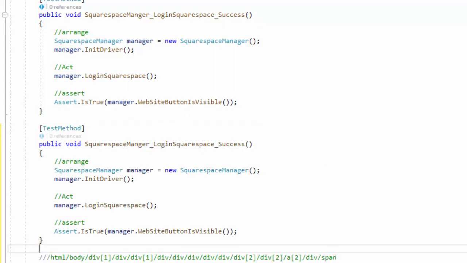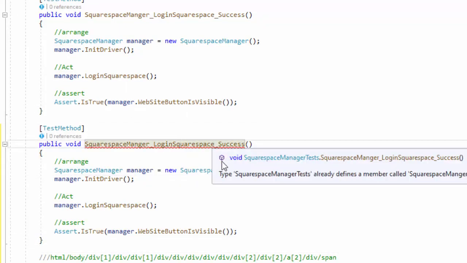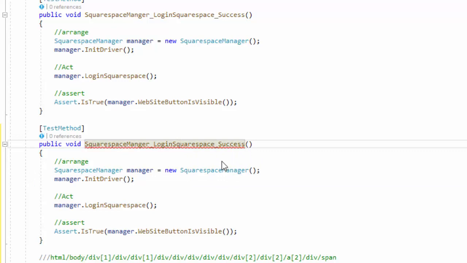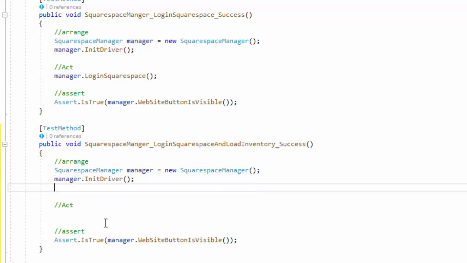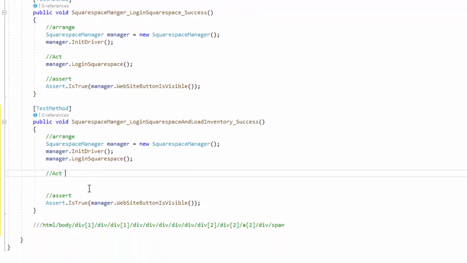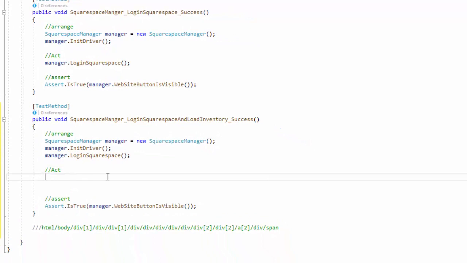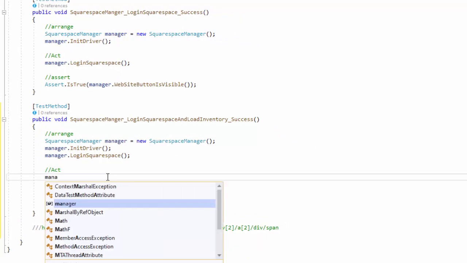So let's create a new test. Except that this one's going to be login Squarespace and load inventory. Now we want to keep the load inventory separate from the login because at the moment our main focus is on adding a new product, which we do from inventory, but we may want to automate other administrative tasks, so we want to keep our methods separate. And here we're going to add a new method, which is